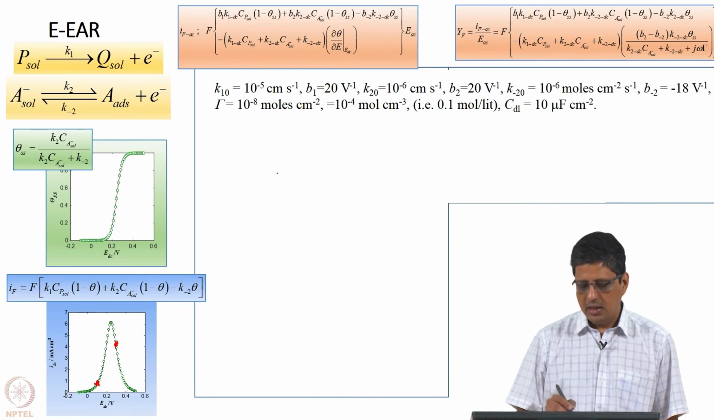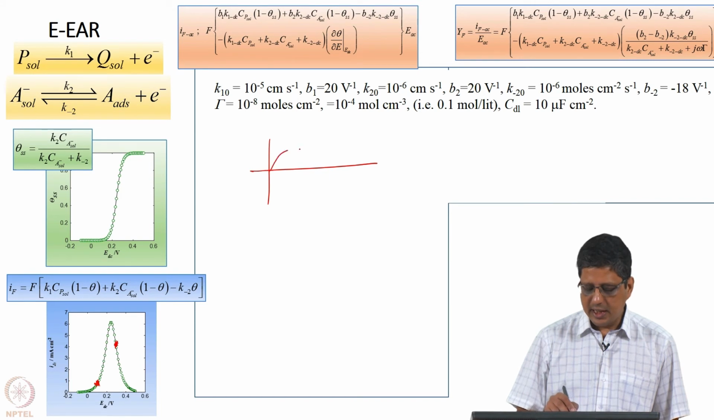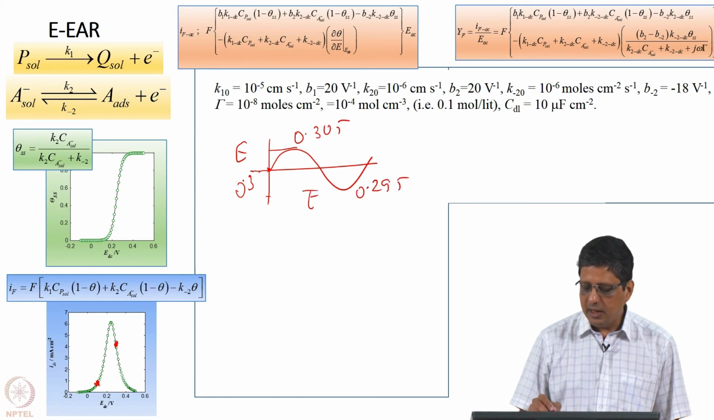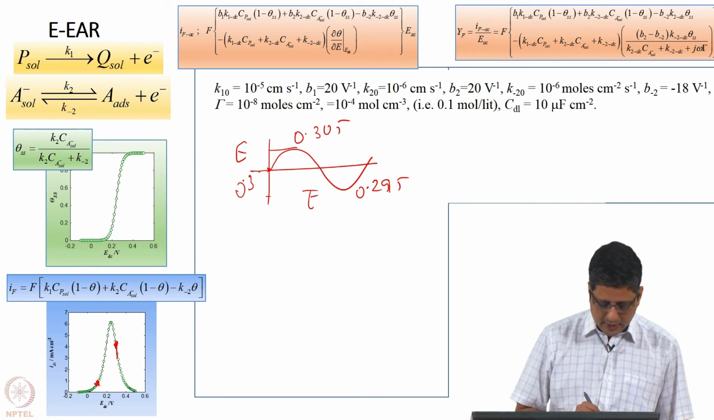Decreases. That means if I apply a sinusoidal potential, this is the time, this is the potential. I am not at 0. This value is close to 0.3 volts. This may be 0.305, this may be 0.295. I am applying 5 millivolts amplitude. Current will decrease and then increase. When potential increases and decreases,